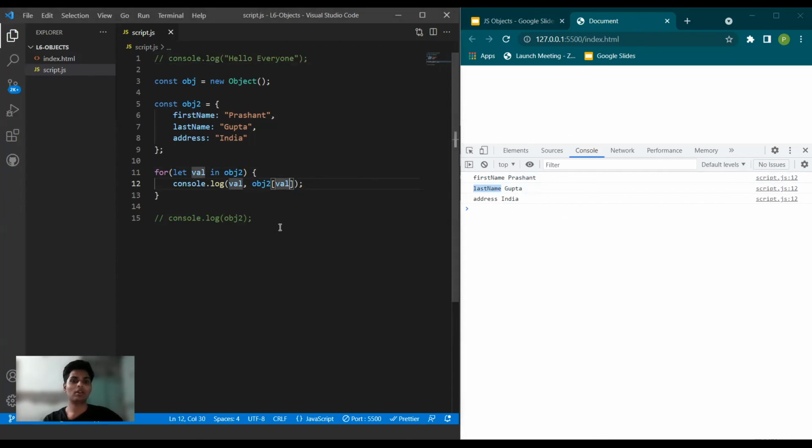You already know how a for loop works. It basically iterates over the thing which you have provided inside it. Here I have given object2 inside my for loop, and it is iterating over that. It is going through each key which it has. Basically it has a first name, a last name, an address. It is going through all of that and giving me the key names. With the help of those key names, I am able to get the corresponding values.